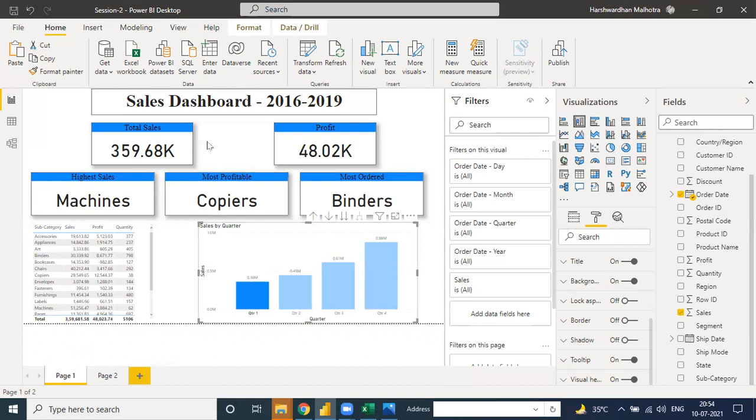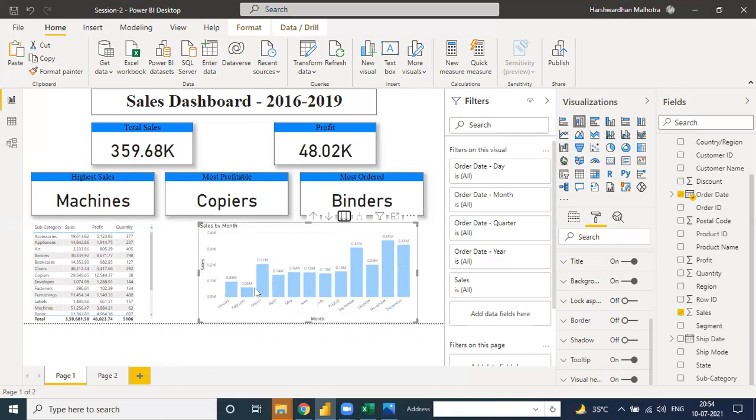It means they are all connected to each other. Any doubt? Anyone? As well as in month also. When you click on the second part, see there is a month part. Suppose on the month of July, you can search highest sales, most profitable and most ordered. Profit and total sales in the month of July 2016 only.